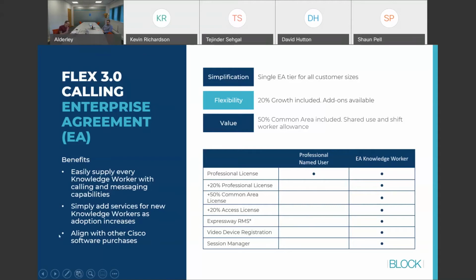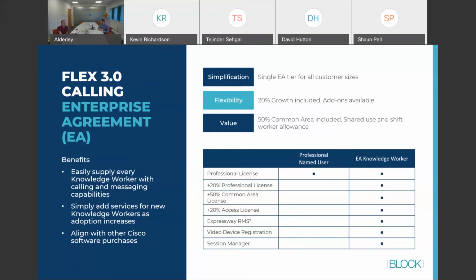Just one thing, to work out the number of knowledge workers and understand exactly who you're licensing your estate for, we can help you with that process. We can work with yourselves and the Cisco business unit to work out exactly what you need, exactly what your shift allowance and shared user will be, and what that gives you for the value added.